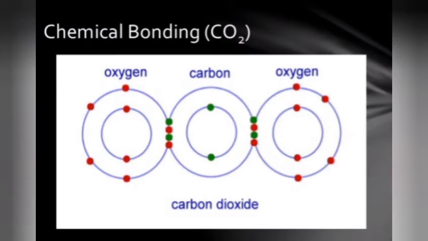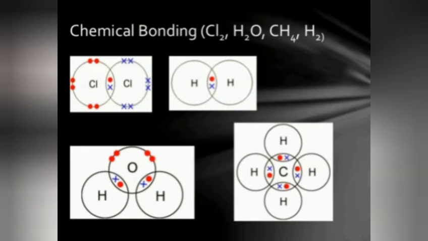Okay, so there will be sharing of 4 electrons between carbon and 1 oxygen atom. 1 carbon and 1 oxygen will make 2 bonds, a double bond. Similarly, there are 4 bonds formed between carbon and oxygen. These green dots are of carbon, which has 6 electrons, 2 in the K and 4 in the L shell. Red dots are of oxygen, which has 8 electrons, 2 in K and 6 in outermost.